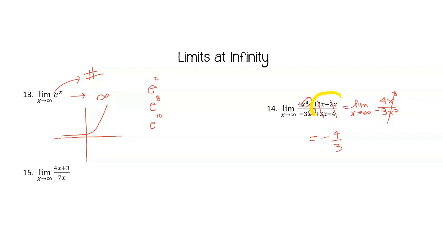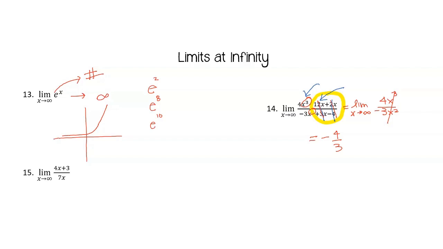Now, I'm sure you're wondering, why did you drop those out? The reason is because when you think of infinity, think of these very large numbers. A very large number raised to the 3rd power is going to be an even larger number. When we compare that to something like 12 times infinity, that is going to be a much smaller number than something that is infinity cubed. So that means these terms drop off. They won't have a big impact in our overall answer. So then we're left with just comparing those coefficients.